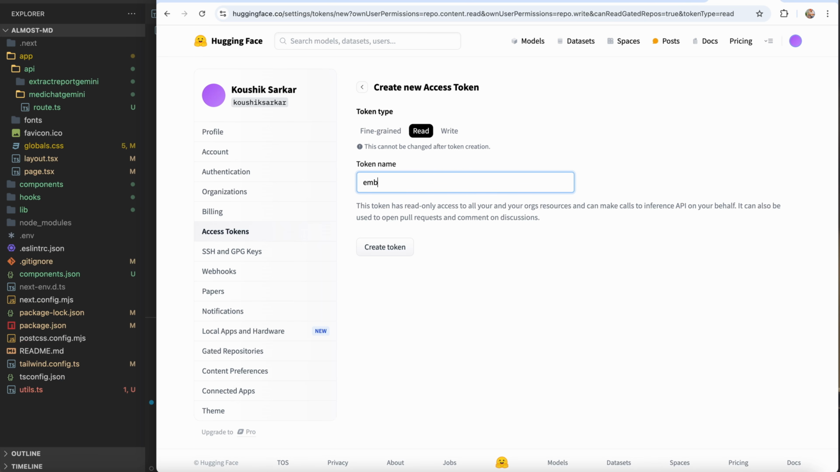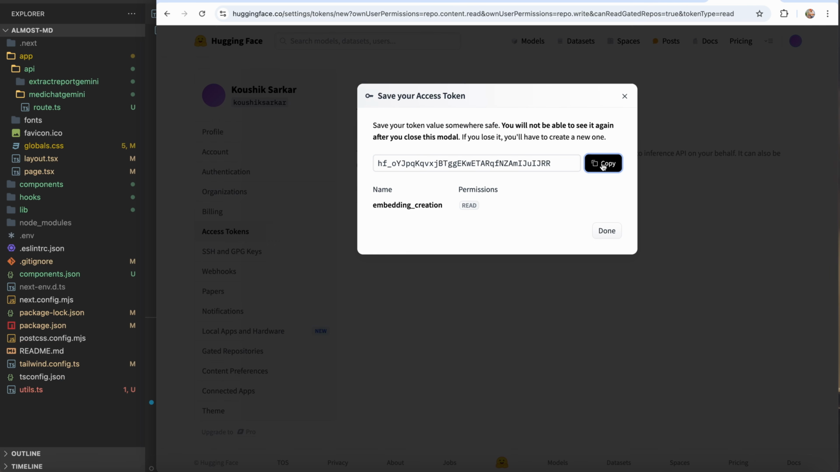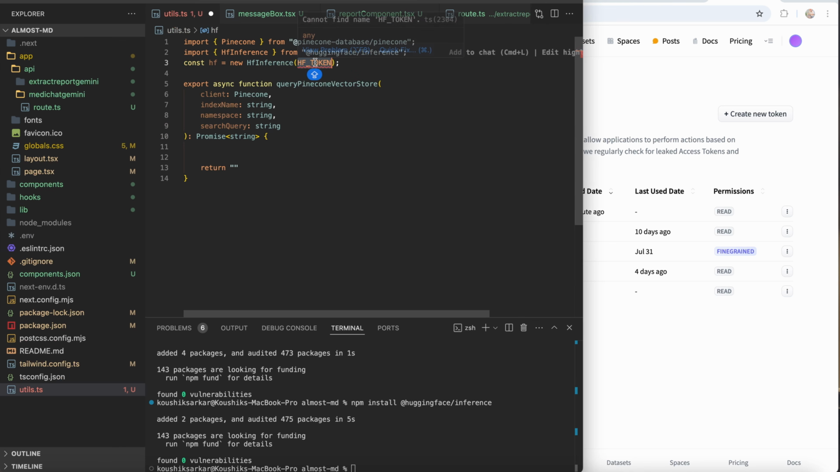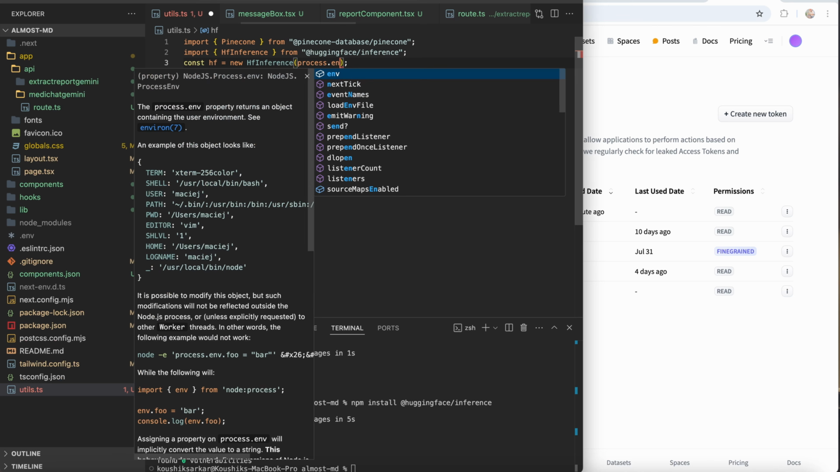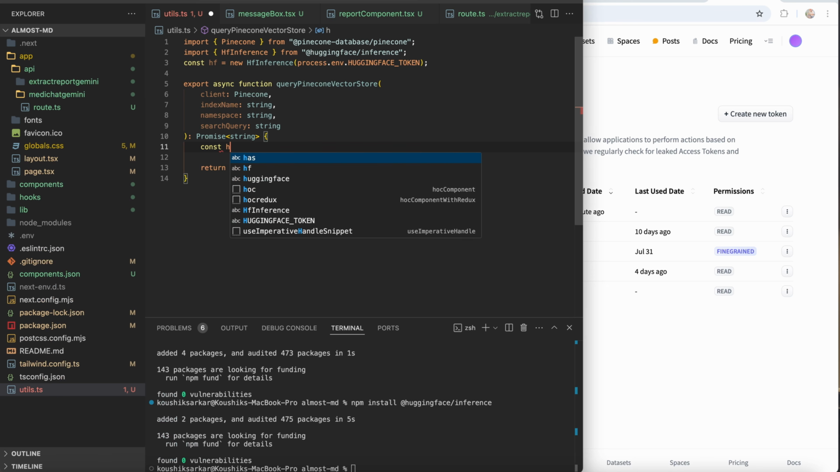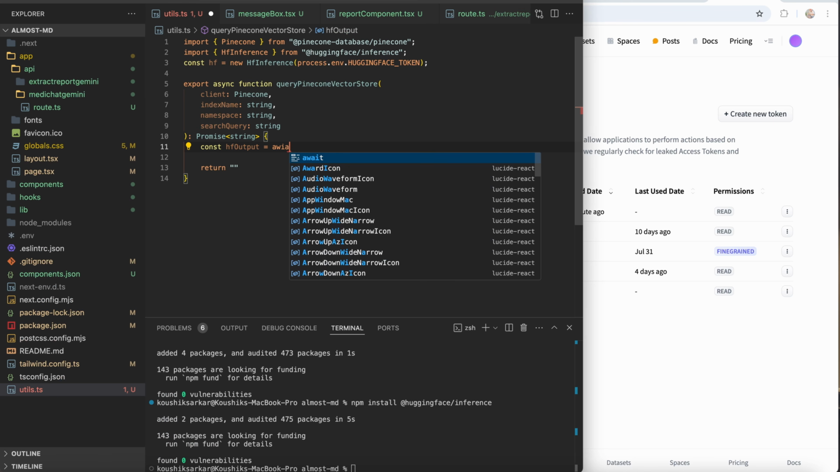So I'm just going to call it embedding creation. The name doesn't matter really. Create token, and then copy this. And in the .env file of our project, I'm going to call it hugging face token and save it with that name. And back in our utils.ts, I'm going to say process.env and use that name that we saved the hugging face token with. And inside this function, I'm going to write const hf output is equal to await hf